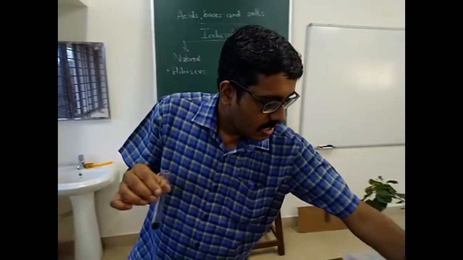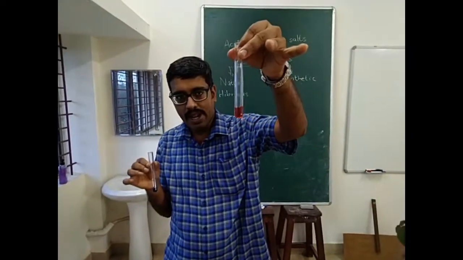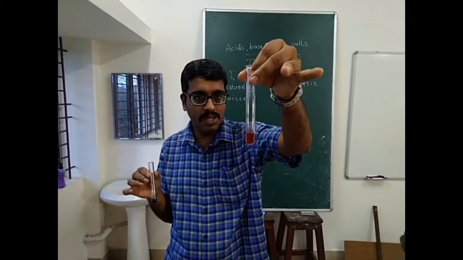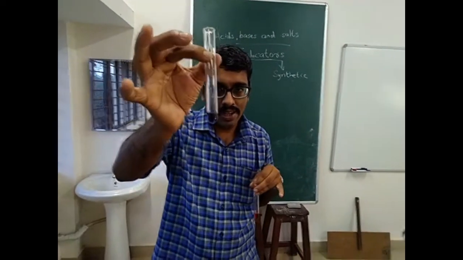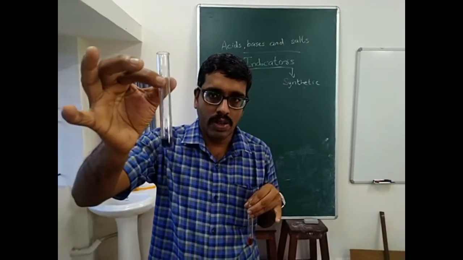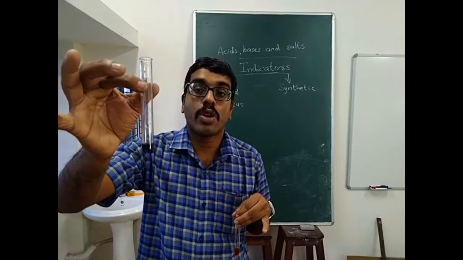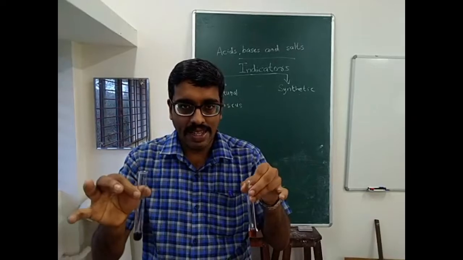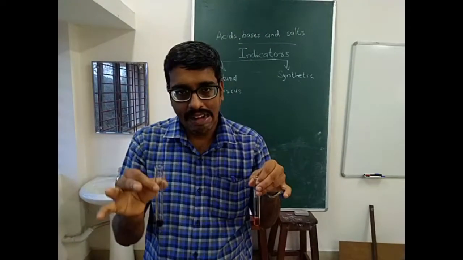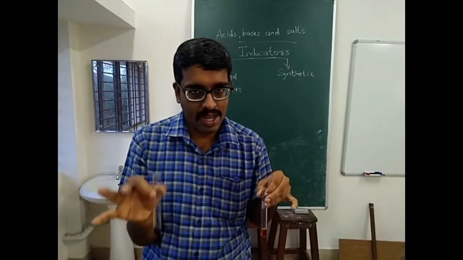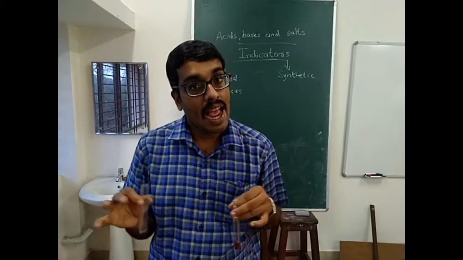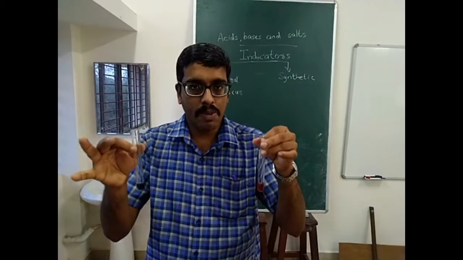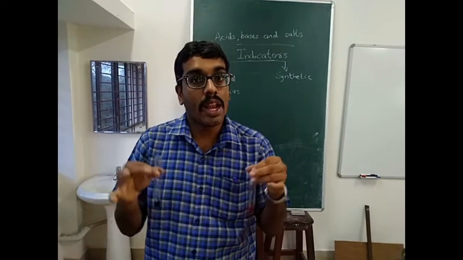So now you can see on my left hand, which was hydrochloric acid with the red litmus, there is no color change. On my right hand it was KOH solution, then I added 2-3 drops of red litmus solution. Red litmus turned blue. So it indicates that bases change red litmus into blue color. Whereas in the first experiment we showed that acids change blue litmus to red color. This is what we did with the litmus solution. Next we are going to do it with litmus paper.